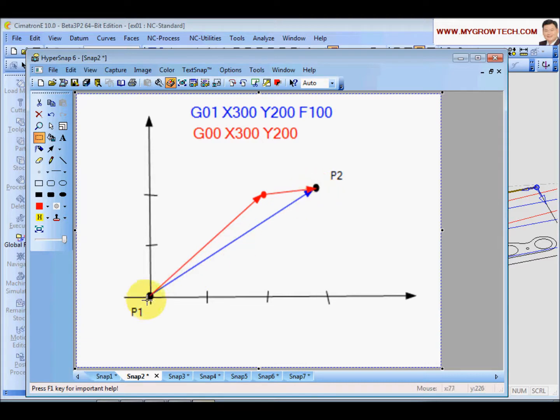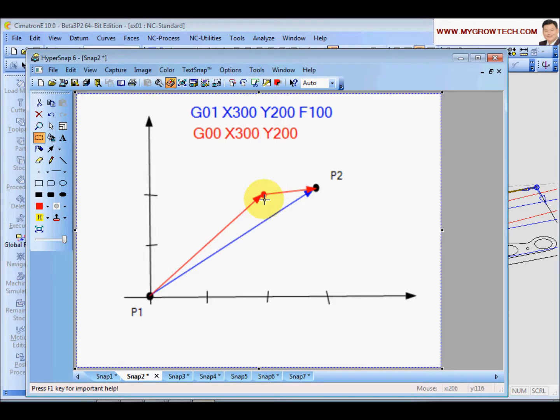So the motion is not straight, instead it is like a V shape or N shape. If this is an incremental clear motion, a jumping motion, and you have a clamp over here,